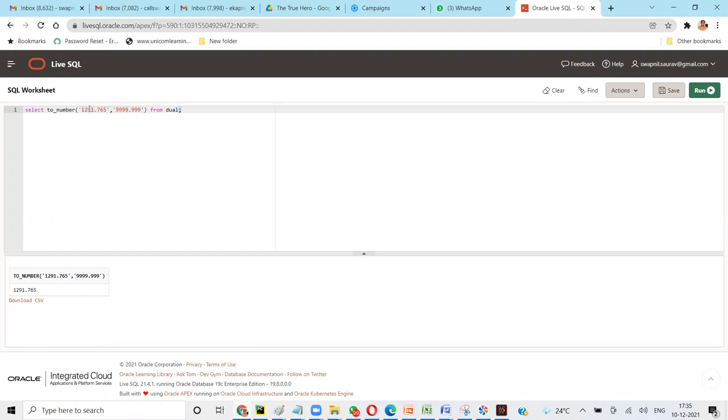Next part, is it also a number? 999 we generally write to represent any number. So it is going to compare if each of these are numbers. 1 is a number, 2 is a number, 9 is a number, dot, and 765 is a number. Then it knows that yes, this is a number format, and it will convert into number format.